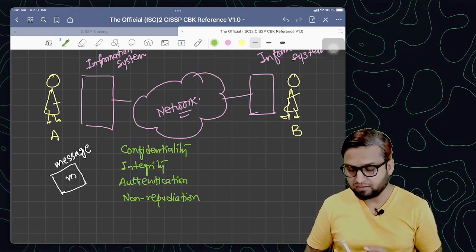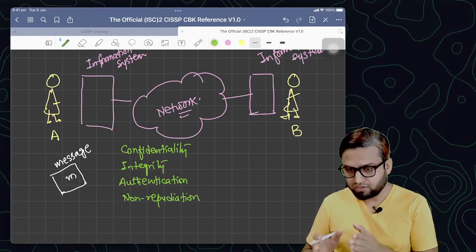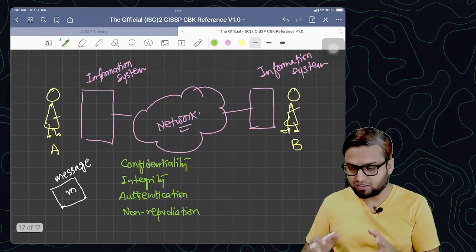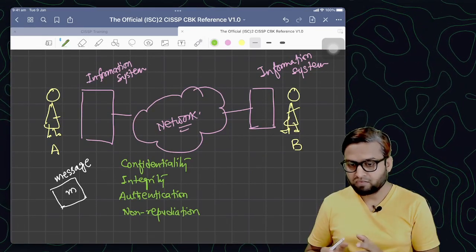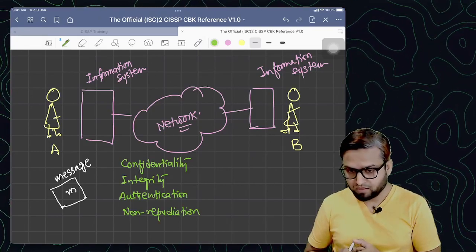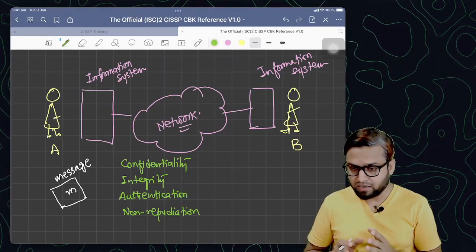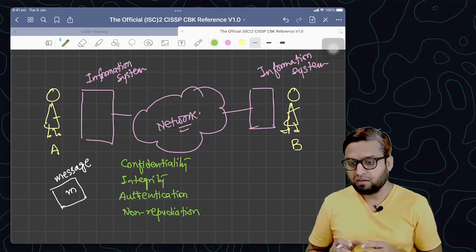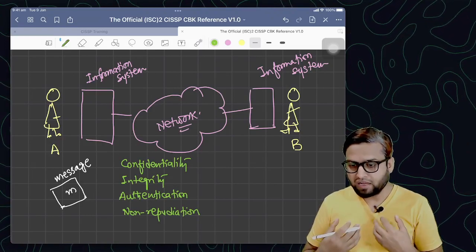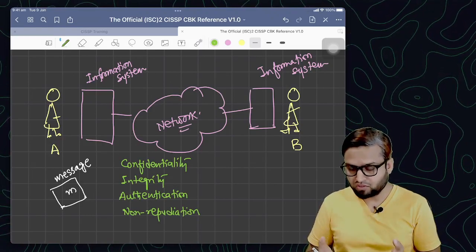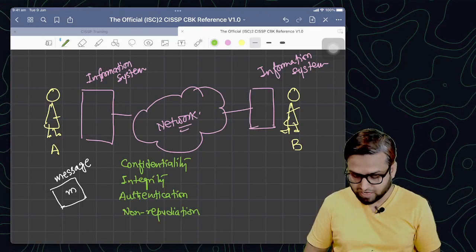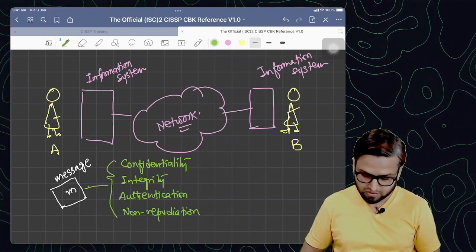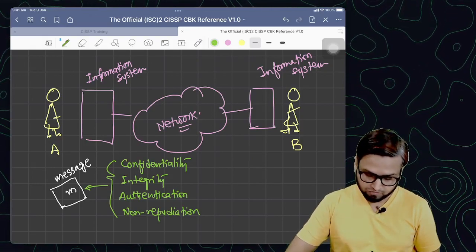Authentication is done by the receiving party, which is person B here. He will engage in all the systems, methods and processes which will facilitate authentication. And non-repudiation is a mechanism which will be enforced by the sender himself in the message, saying that I sent this message, and B will eventually verify this, right? So all these aspects are related with the message itself, and these are called